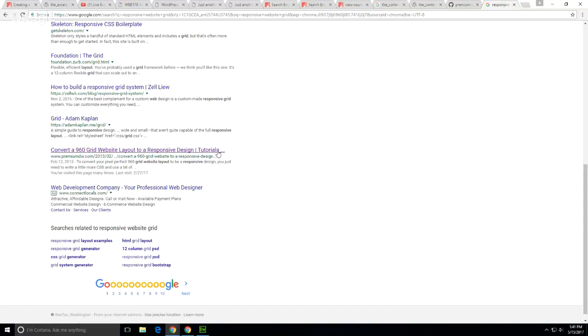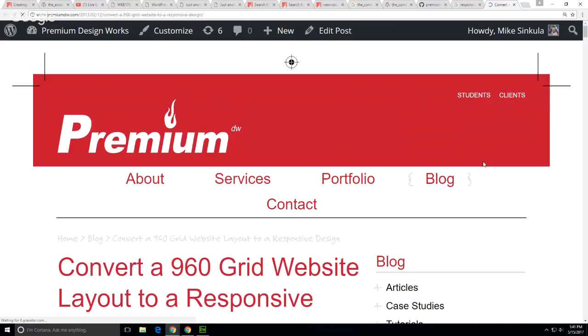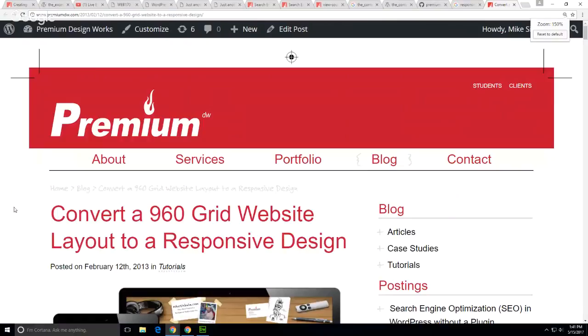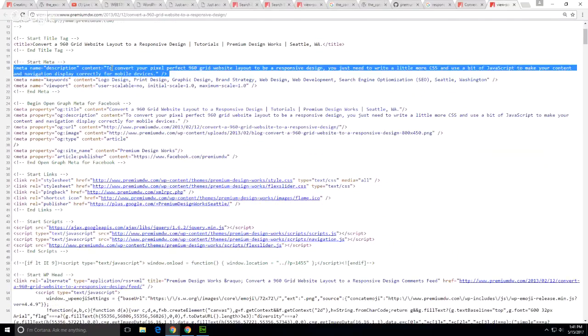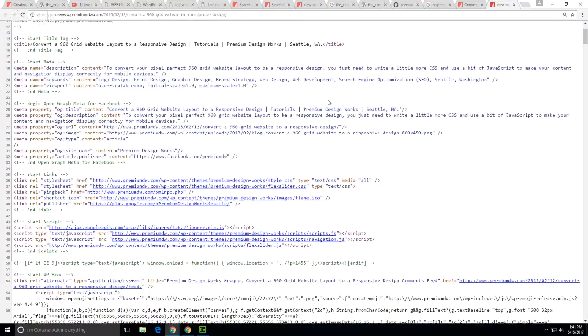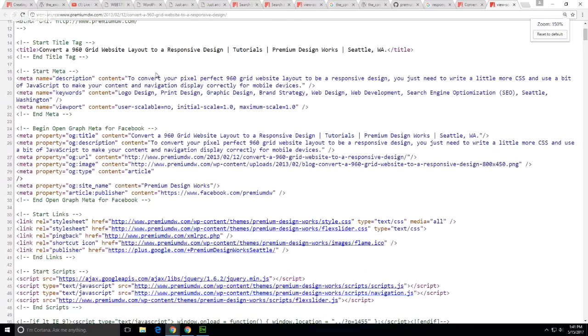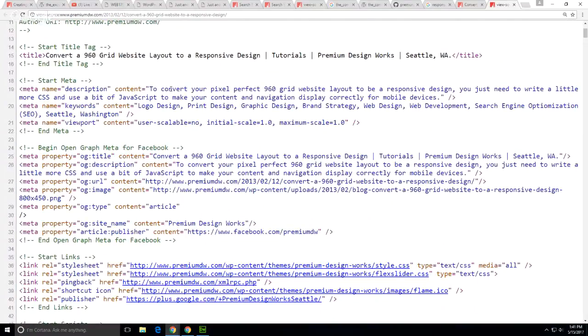Thank you. Okay. So this is where it is finding this bit of text out of the meta description, right? So what I've tried to do for all of my excerpts is write something very search engine optimized with keywords like convert, 960, grid, website, layout, responsive, design, JavaScript, CSS, etc. So that piece of text, those of you that took the Writing for the Web class, the reusable chunks of information like we were talking about, right? So how that reusable chunk of information can be reused is,